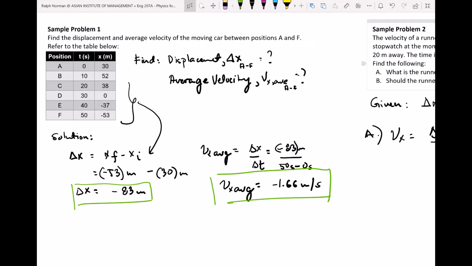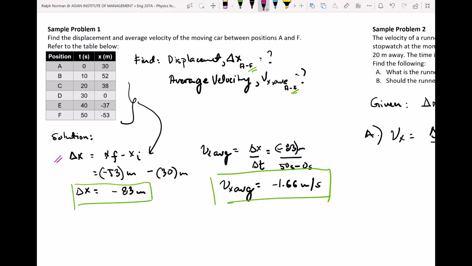It's simple enough. We're here to find the displacement and average velocity of a moving car between positions A to F. We are given the table here. The best thing we can do is position them graphically, or you can also make use of the table. As we recall in our previous exercise,